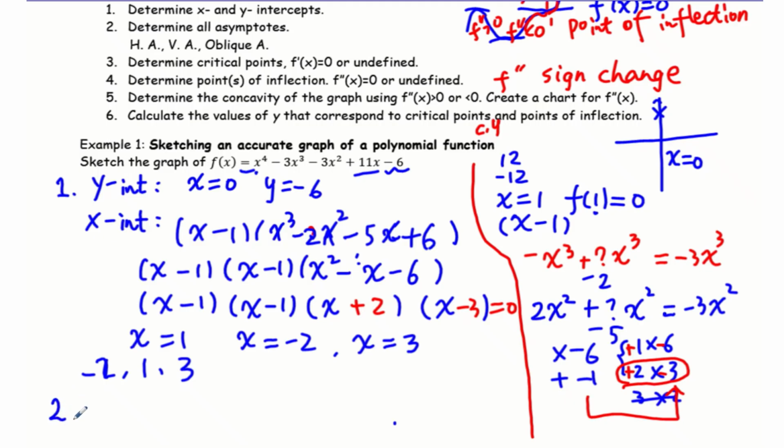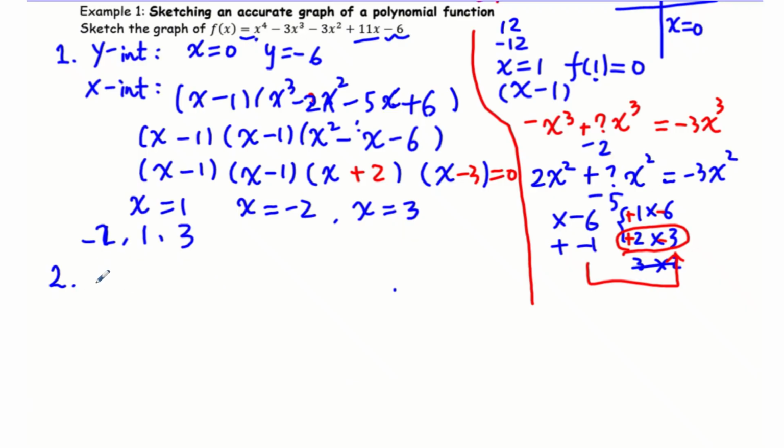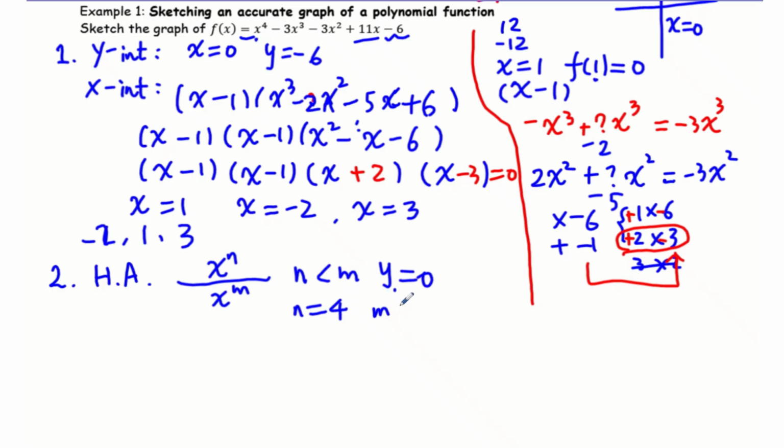Then next step, we need to find all asymptotes. From this one, this is a polynomial function. For the asymptotes, we know the definition. For horizontal asymptotes, the definition compares the numerator's and the denominator's degrees. If n is less than m, we have y equals 0. And here we see we have n equals 4. The denominator has no x, so m equals 0. So 4 is not less than 0, so no